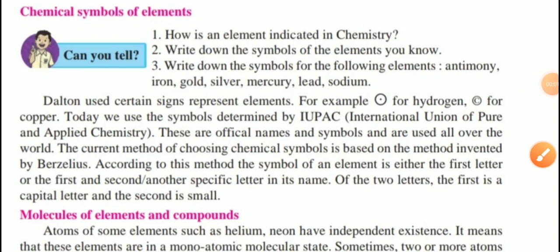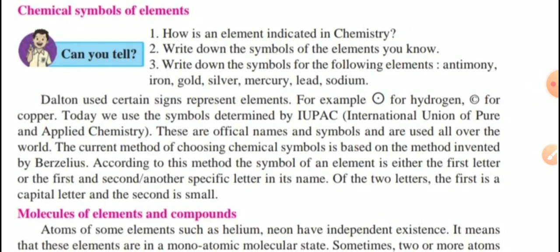Hello students. Last time we started lesson number 4, measurement of matter. Last time we learned about the law of conservation of matter, the law of constant proportion, then atomic radius that is measured in nanometer, and atomic mass number that is indicated by the capital letter A. These points we learned last time.